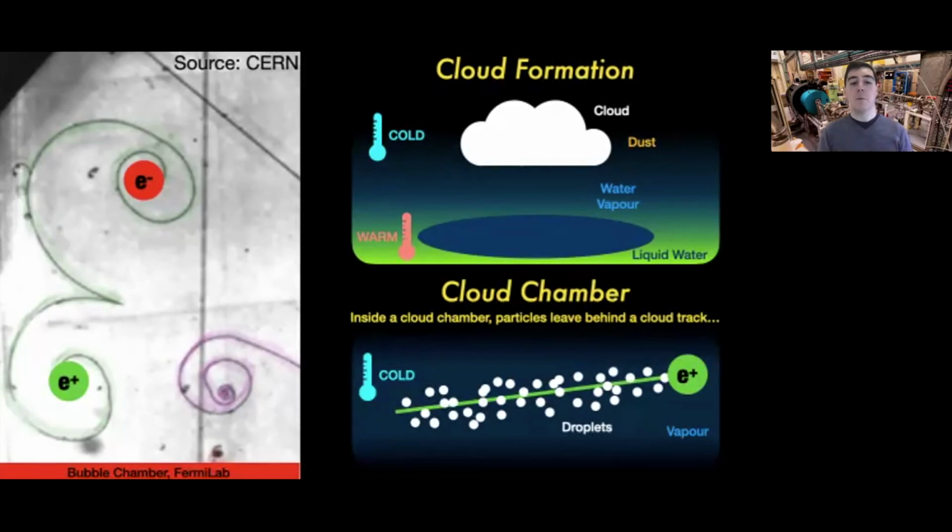So now we have a way to control antimatter, and we have a way to see antimatter. Antimatter was first discovered in one of these cloud chambers, but now we have lots of other tools as well.